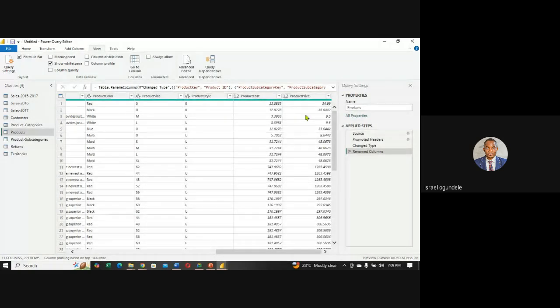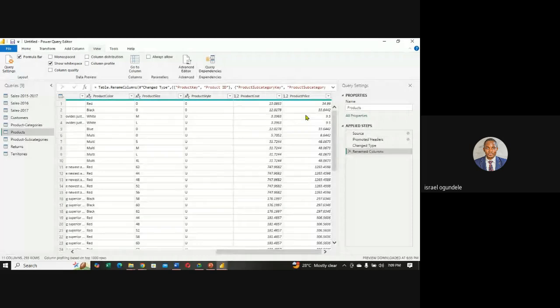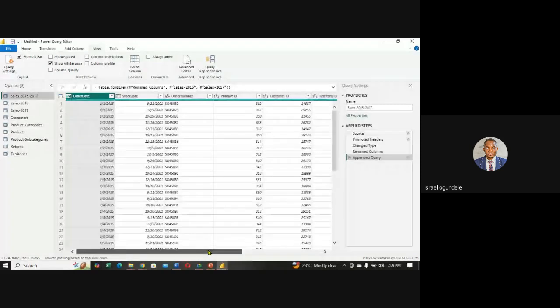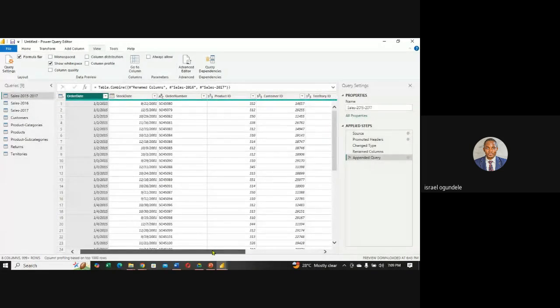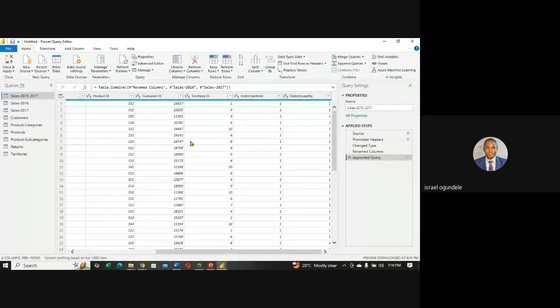But they are in different tables. So what I need to do in that case is to see how to merge the tables together. So how do I merge these tables together? I will go to my sales, because in my sales here, I'm having my order quantity in this sales. If I want to merge, I will go back to my home and, in this place, I say merge